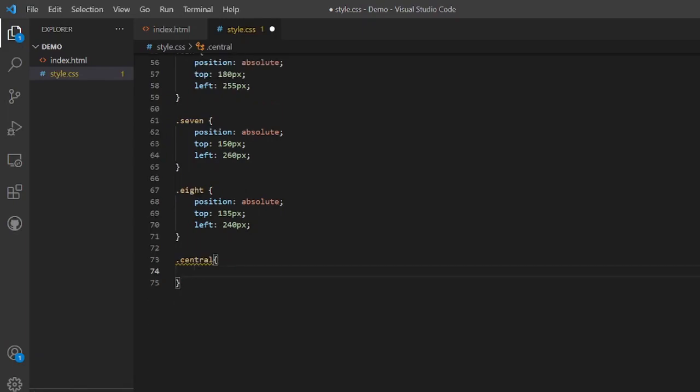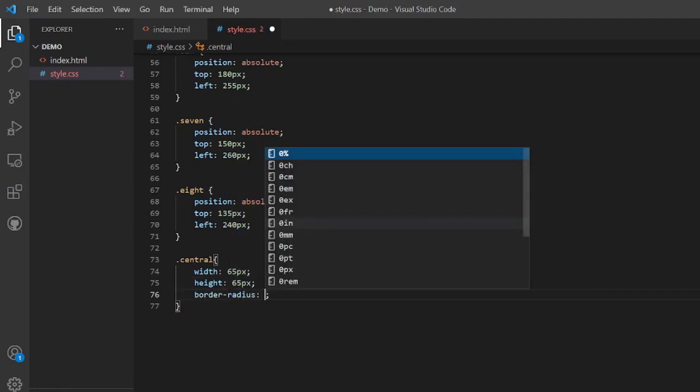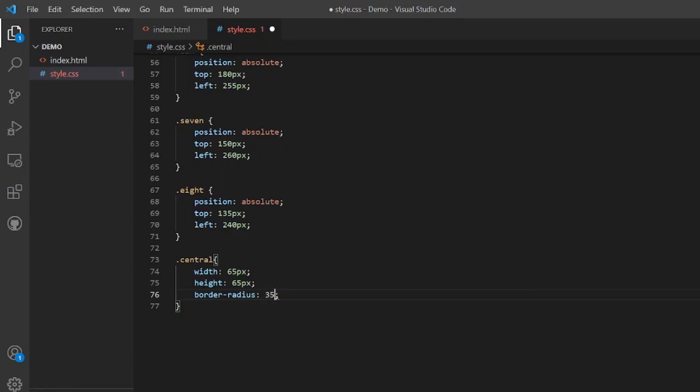We want our central circle to be a bit bigger, so we will give it a width of 65 pixel and a height of 65 pixel. And a border radius of 35 pixel.